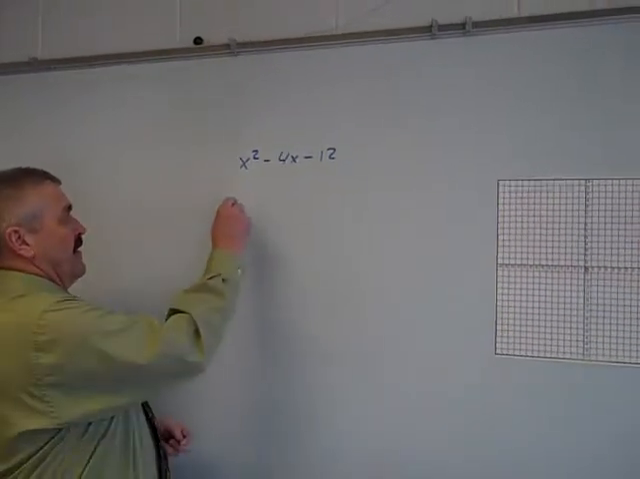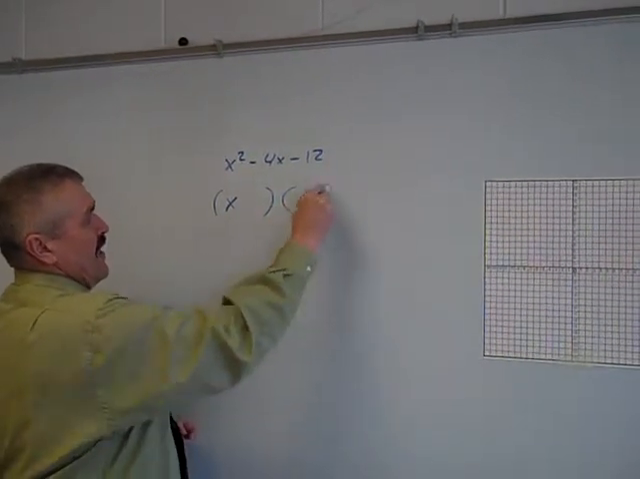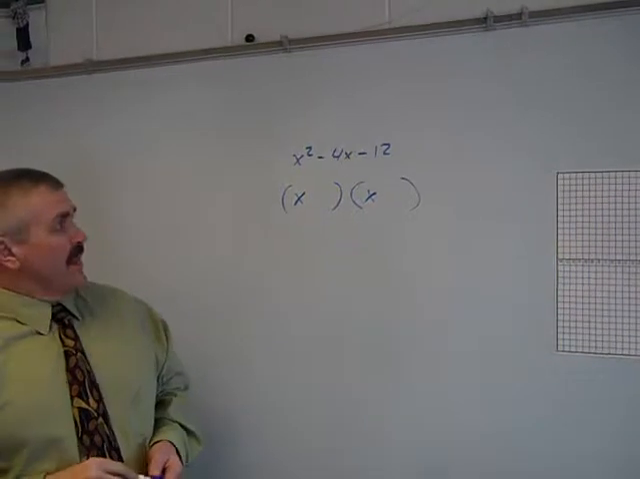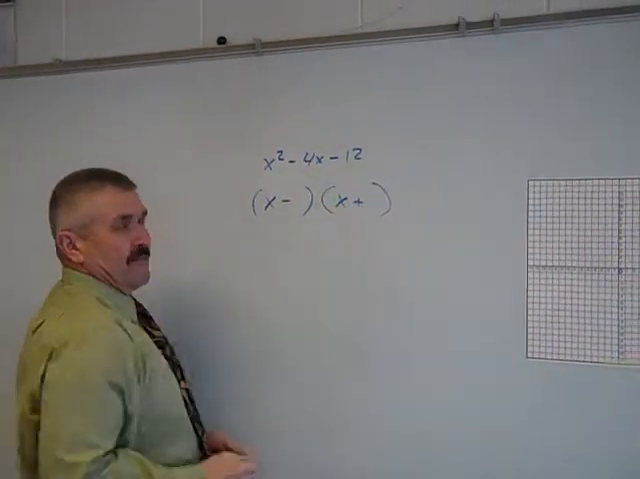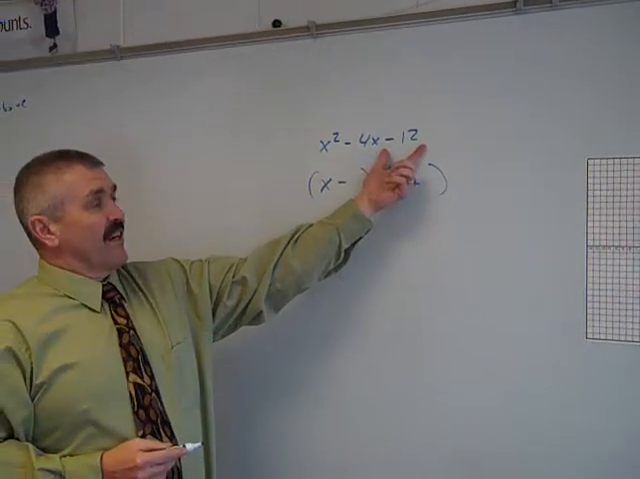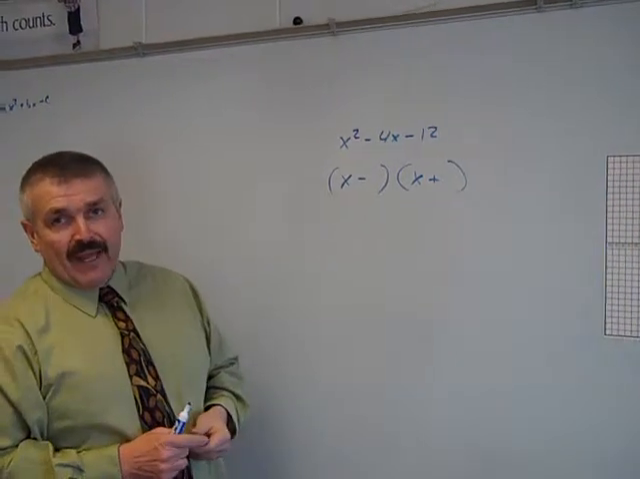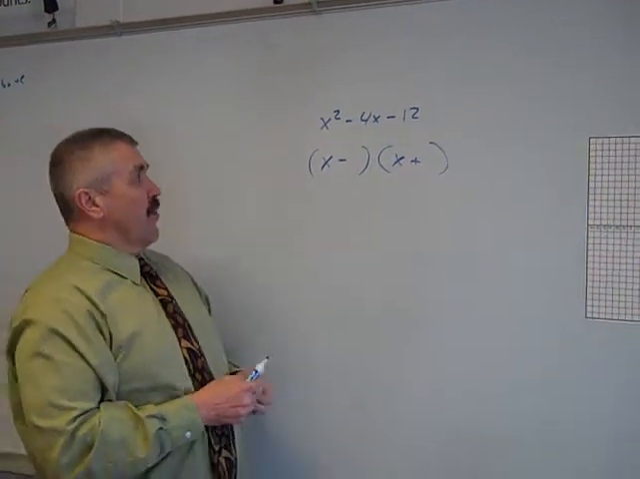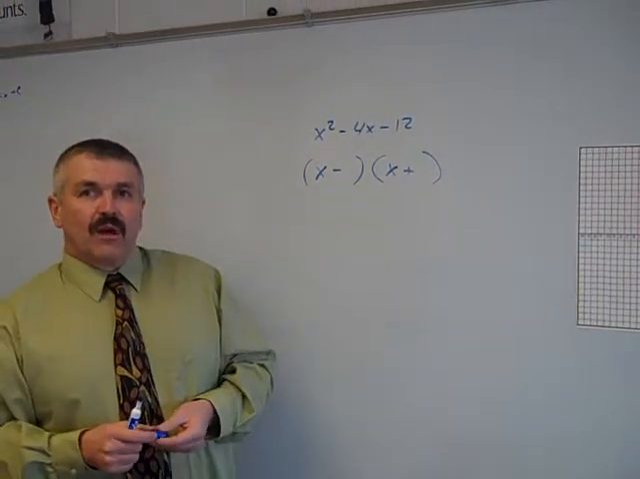We can assume that we're going to have x and x in each factor. And we can also assume that we're going to have a negative and a positive. Because our negative 12, when I factor that, it has to be a negative and a positive, and my larger number has to be a negative. And so, in this case, our factors of 12 are 1 and 12, 2